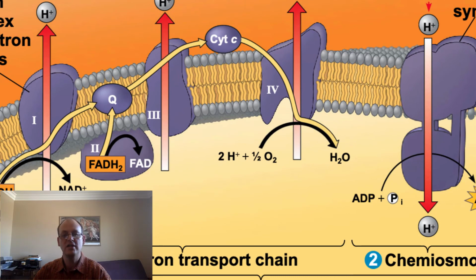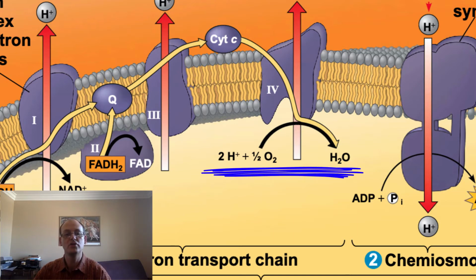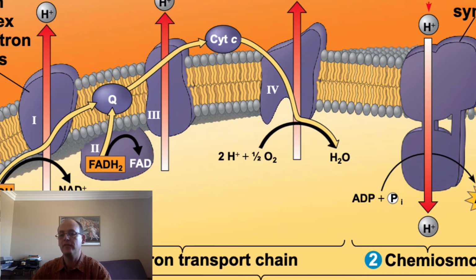When the electrons reach the end of the electron transport chain, they need to go somewhere. That somewhere is to an oxygen molecule, which is reduced to form water. As we'll see in the next presentation, if there's no oxygen present, then the whole electron transport chain backs up, preventing us from producing ATP. Again, this is why we breathe. The formation of water from hydrogen ions and oxygen also uses up some of the protons from inside the matrix. This helps in increasing the proton gradient that the proton pumps establish.